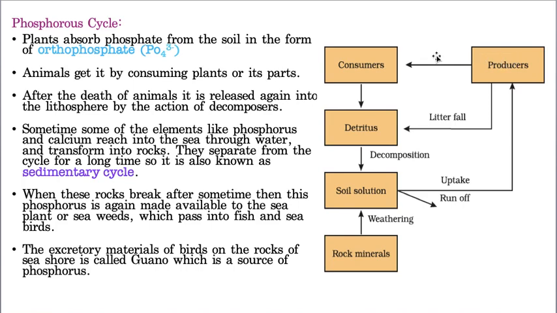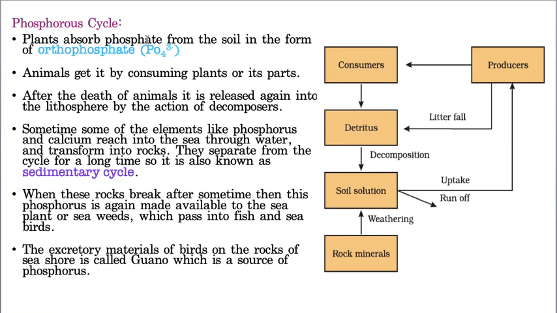From the producers, it is entering into the consumers and thereby detritivores, or directly by falling off, it is available to the detritus. So this is route number one and this is route number two, and both routes are the third point. And from the detritus, by the decomposition, again the phosphorus is entering into the soil. So this is the 4 points, only 4 points, the whole cycle includes only 4 points. Hope you understand now. It is not complicated like the carbon cycle, it is a very easy cycle. Now, let us take a few points.